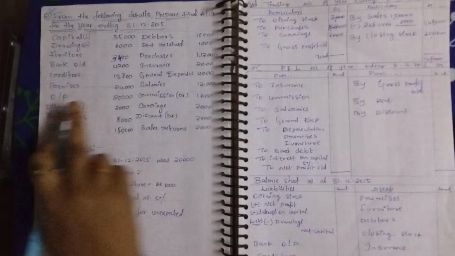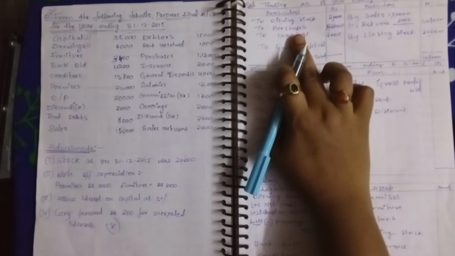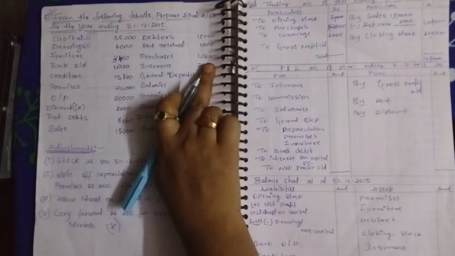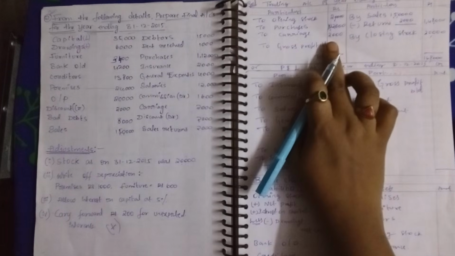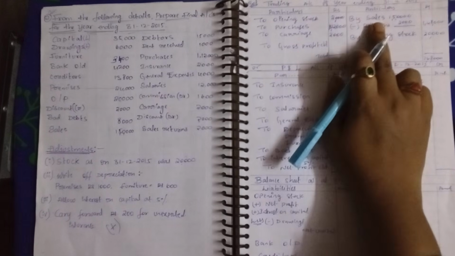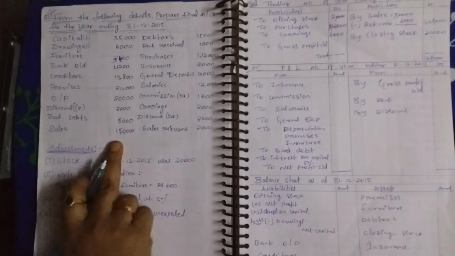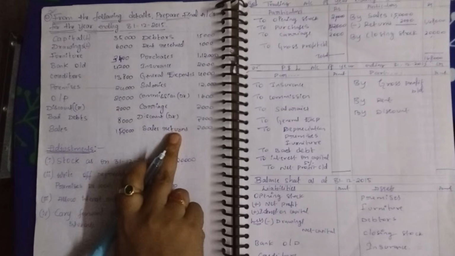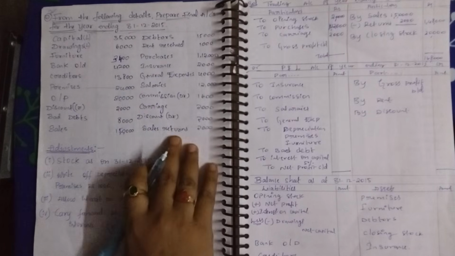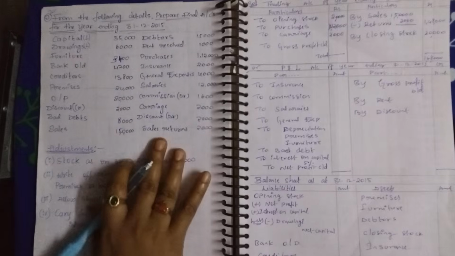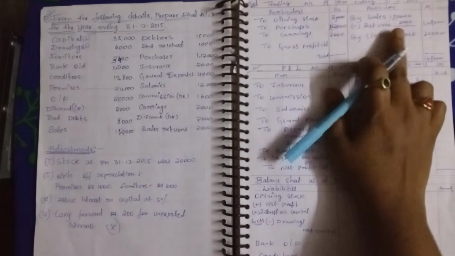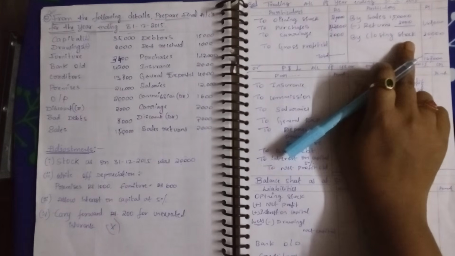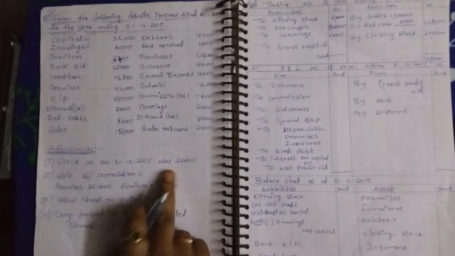Opening stock, I have taken to opening stock 20,000, to purchases 1,12,000. Okay, and after that to carriage, 2,000. Is it clear? By sales, 1,50,000, and sales returns is 2,000. This we can also call returns inward. In sales we have to deduct that, so less returns: sales is 1,50,000, returns is 2,000, 1,48,000. By closing stock is 20,000. Altogether